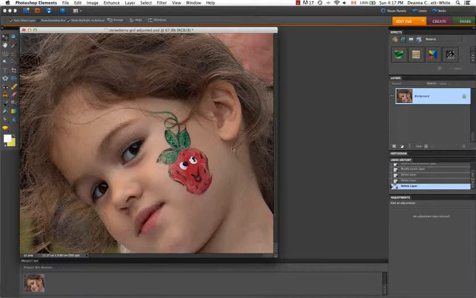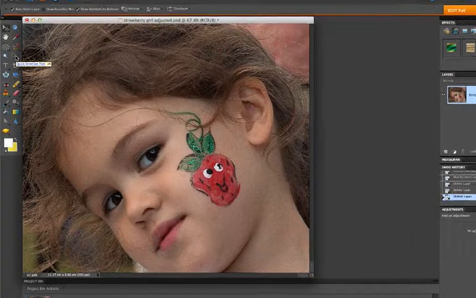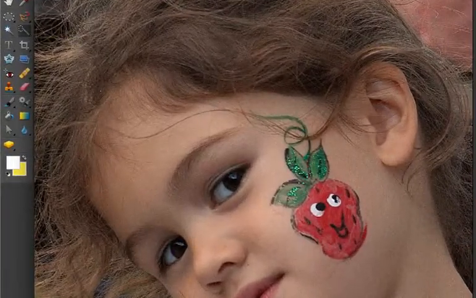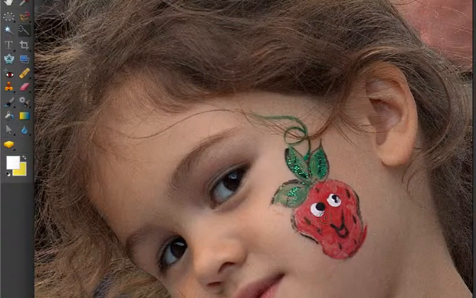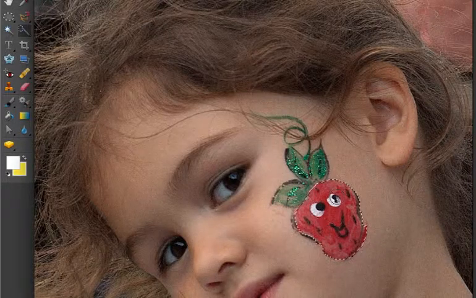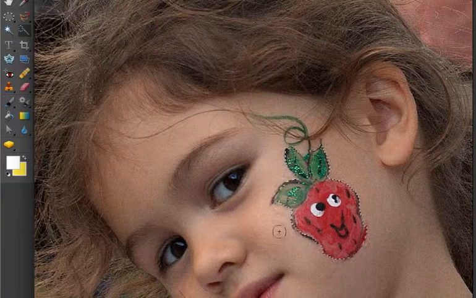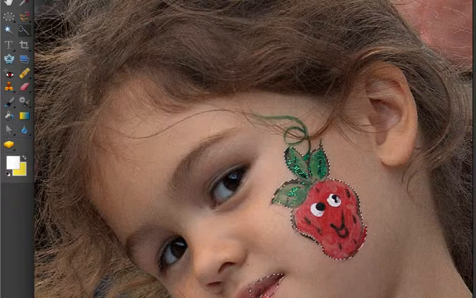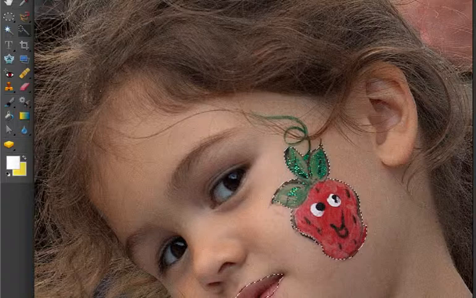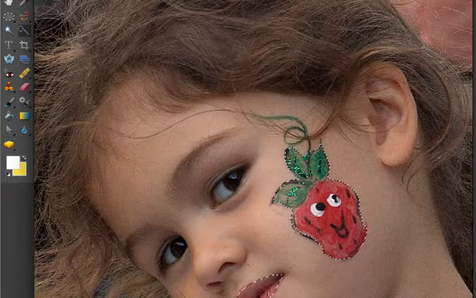So what I'm going to do is I'm going to take the quick selection tool, which is located right here, and I'm going to make my brush a bit bigger. I'm going to quickly, roughly select the strawberry and the little leaves that are attached to it. I'm just going to go like this. There we go. And I'm going to take the lips of the little girl here, and I'm going to